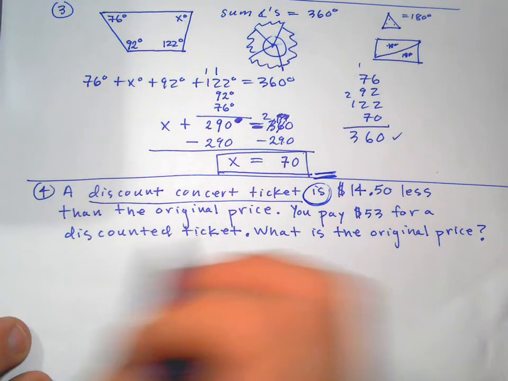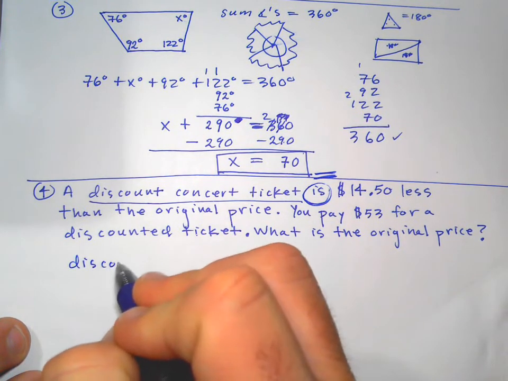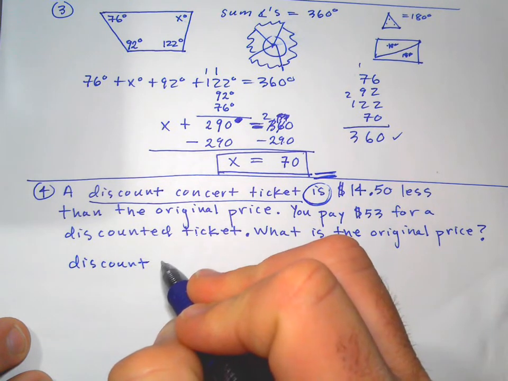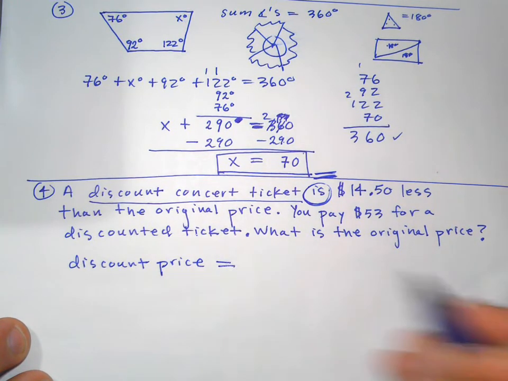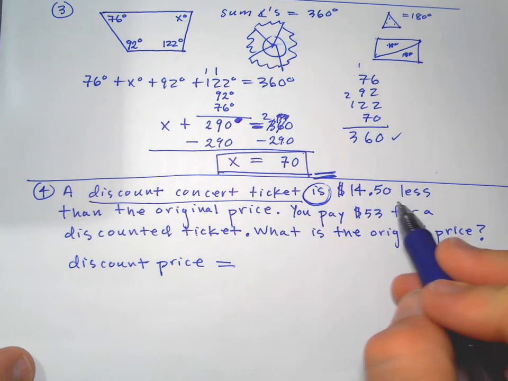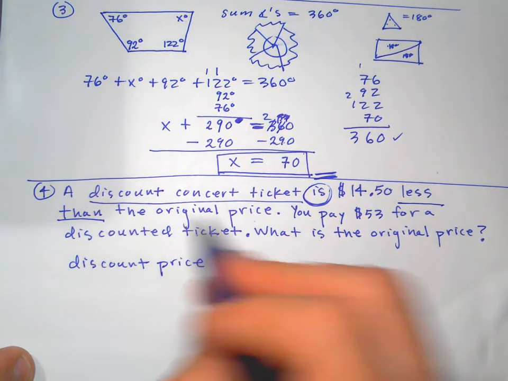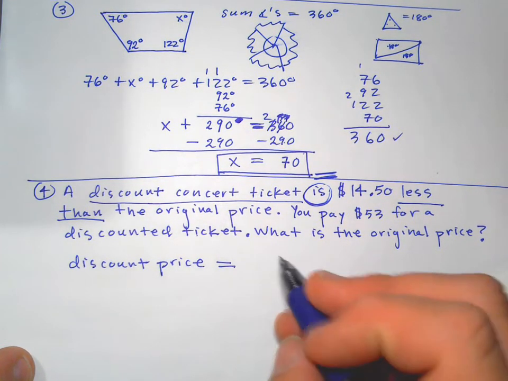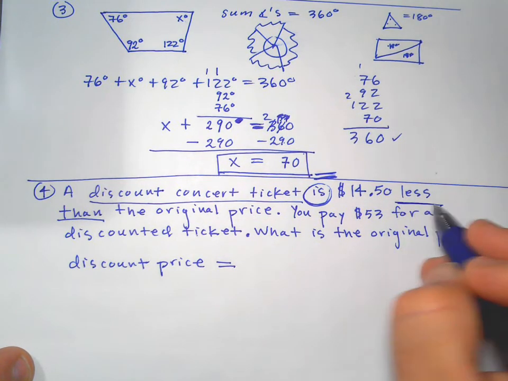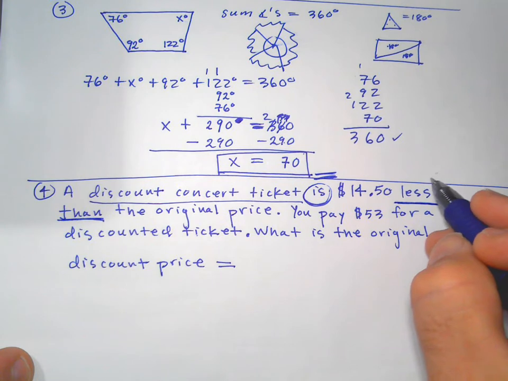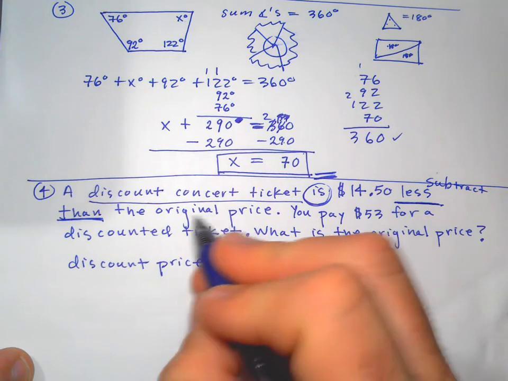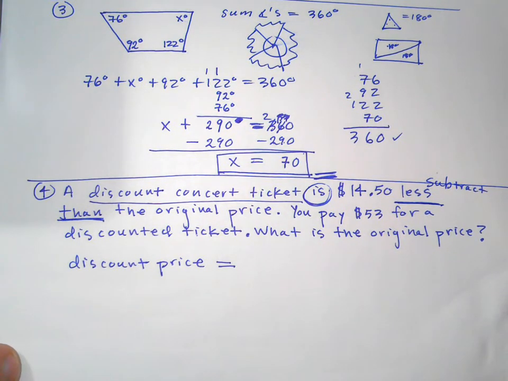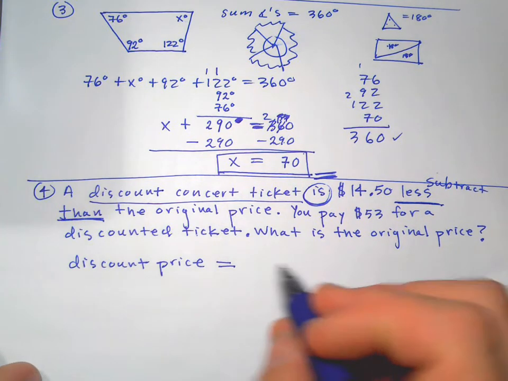So we could say, discount price, the price you're going to pay for the discount is now $14.50 less than the original price. Okay. So if you see "less than," that means we're going to subtract. But it's not going to be this subtracting that. It's the other way around. If I say I have $5 less than you, I got to take $5 away from whatever amount of money you have, right? So it's the